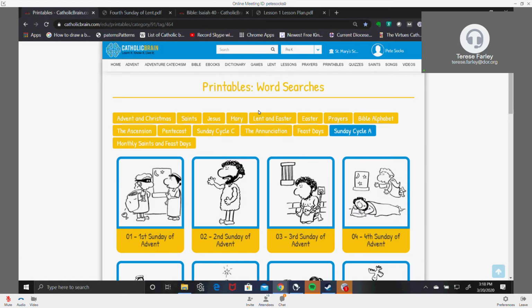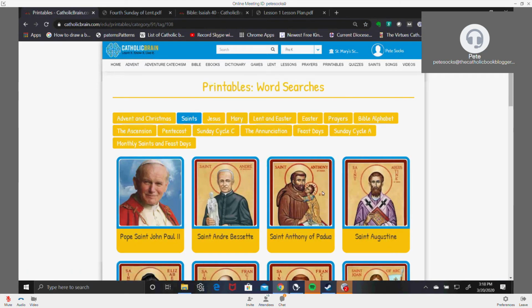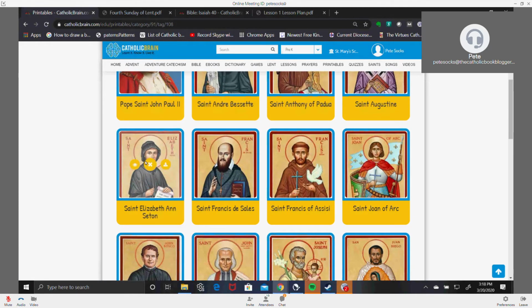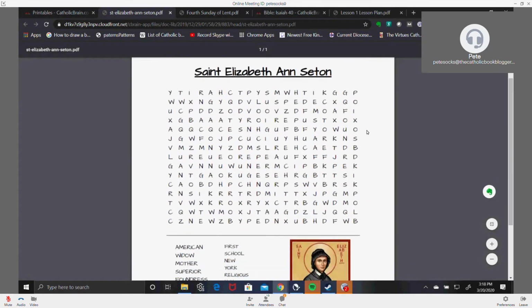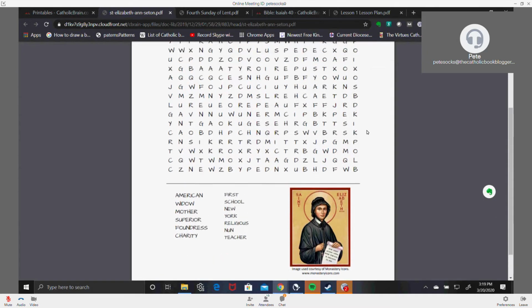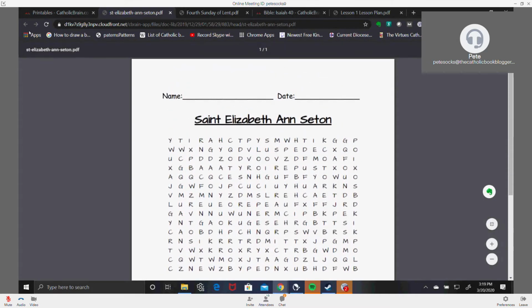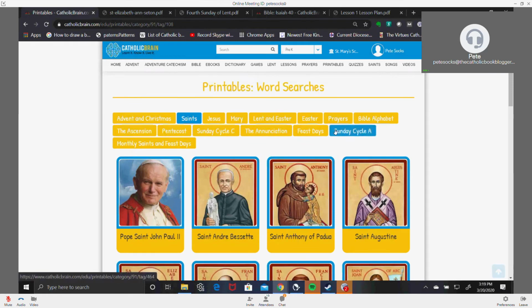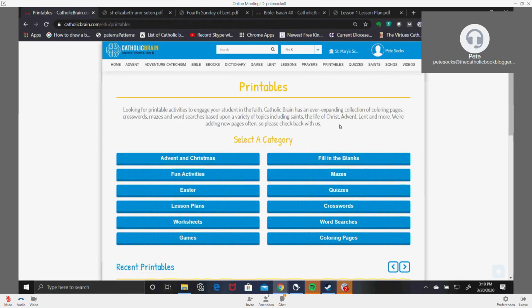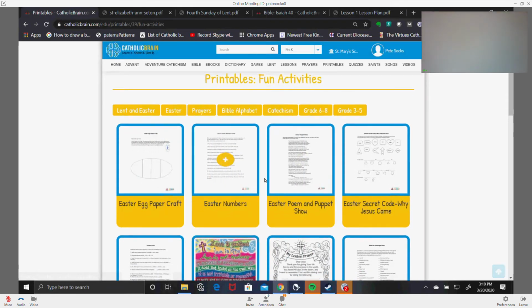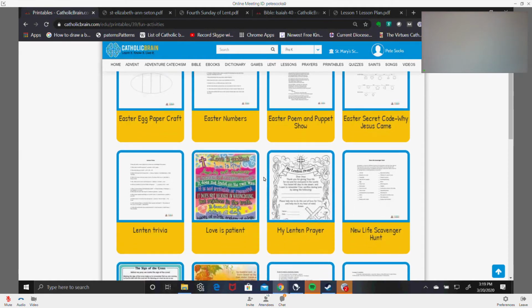We have saint word searches. So there's a bunch of those in there. So also printable fill in the blanks and crosswords and different activities for all kinds of different things in here. So